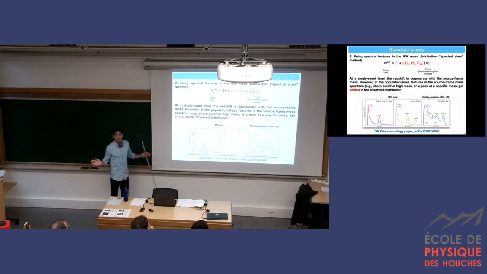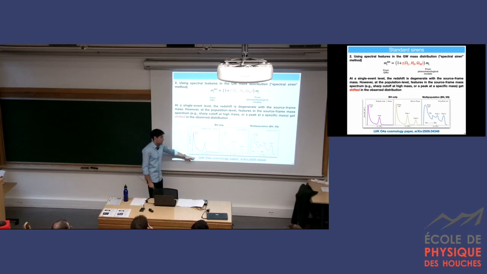An example. This comes from the latest gravitational wave cosmology study that we did, in which I was involved, in the LIGO-Virgo-KAGRA collaboration. These are, for example, the 3 models that we considered in our analysis. These are source frame mass distributions, okay? So we need to model the source frame mass distribution. And if we only want to look at black holes, which is basically what has been done before this paper,